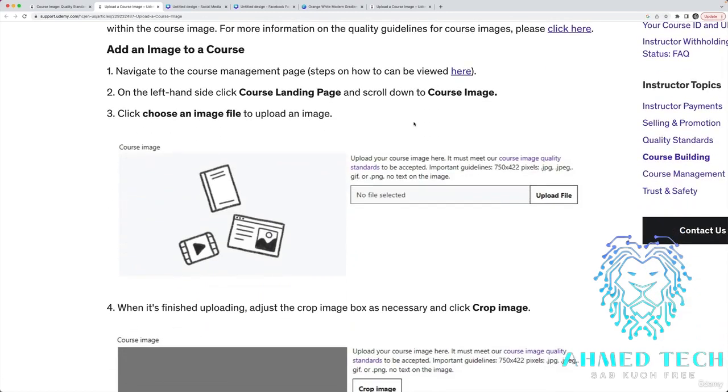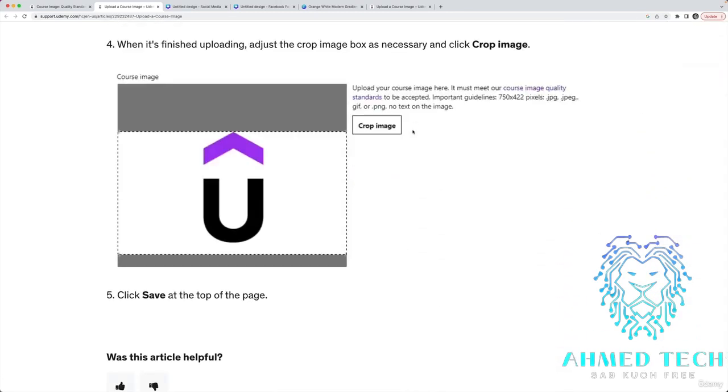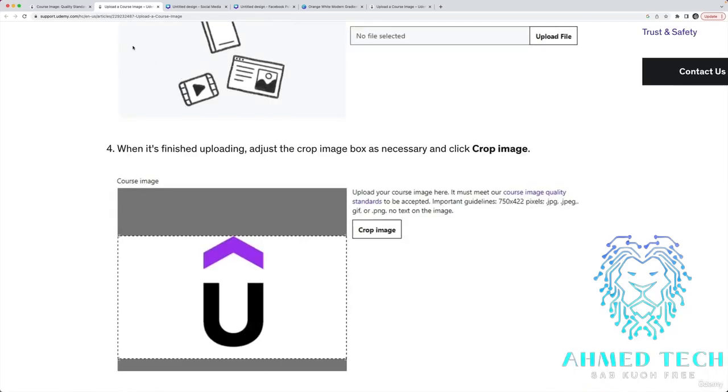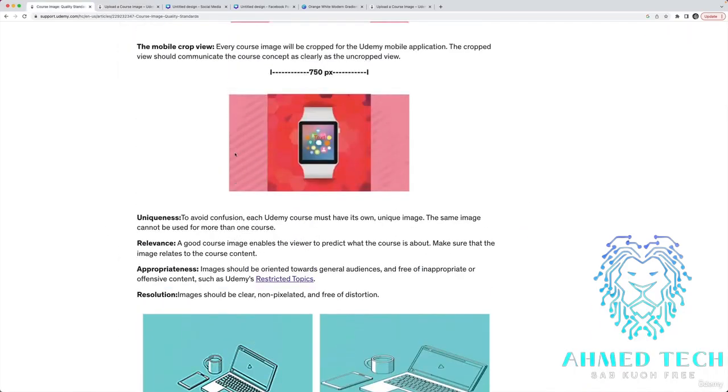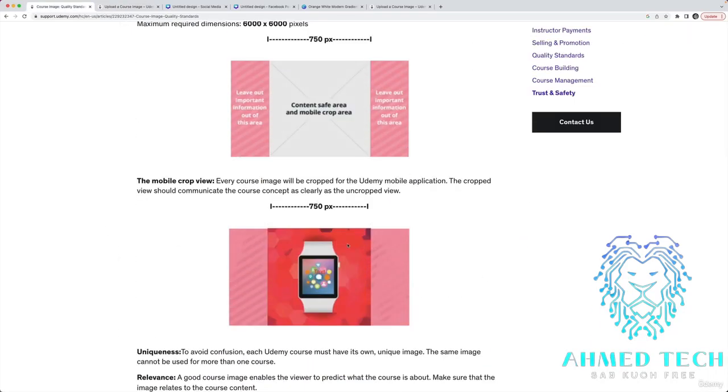But beyond that, we also have to be aware of the composition. Udemy images, there's another page where they describe this, are cropped on mobile size. So all the important content needs to go in the center of the image. And then on the right and the left, it's generally nothing there. It's empty space or like a fancy background, but you don't want to have your content extend through it and